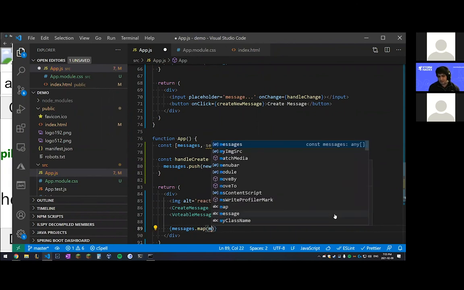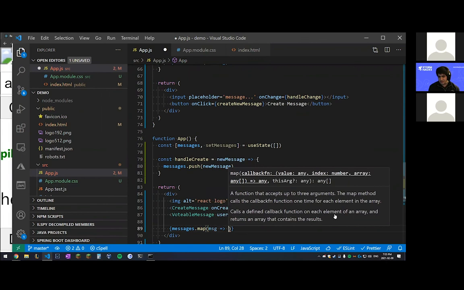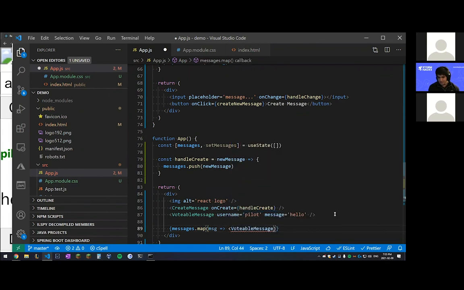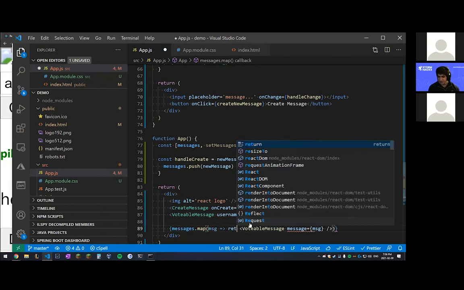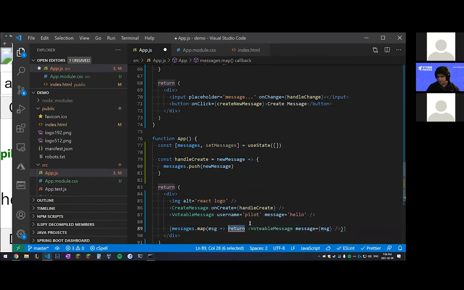And we can take each message and return a VotableMessage with user, and let's close that off so it stops complaining to me. Then we'll pass in message equals msg. So this is a function that will return this thing. There's an invisible return here. If you guys aren't familiar with arrow functions, there's this little invisible return if there's only one line in an arrow function. And then we'll just set the username to be our friendly neighborhood pilot